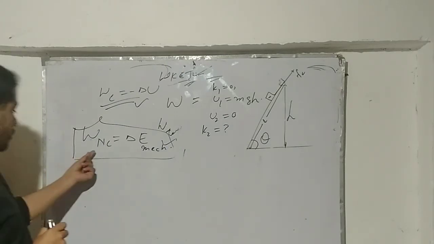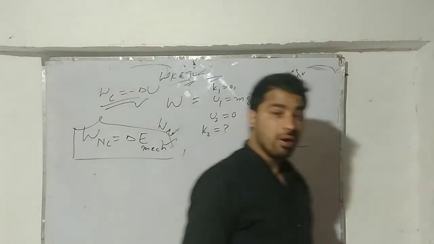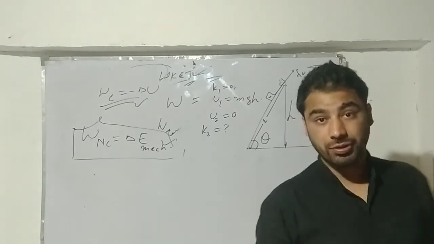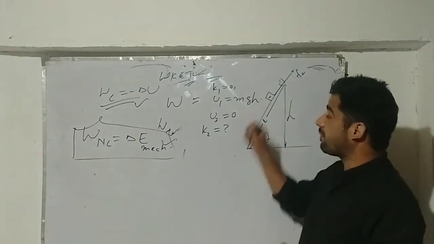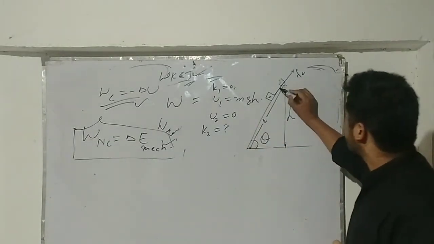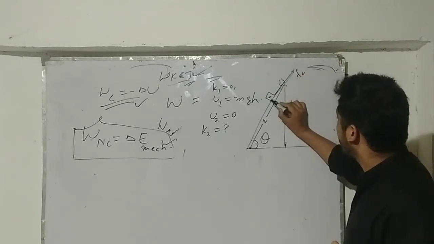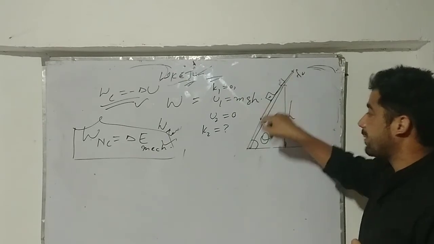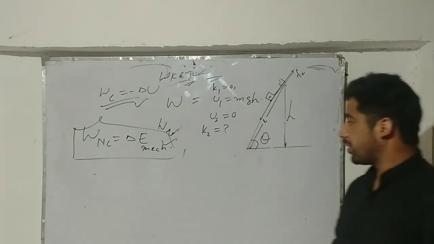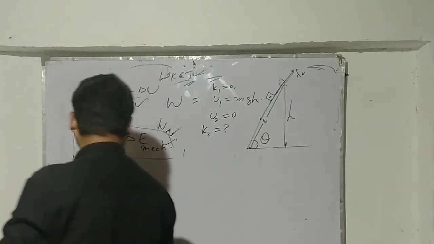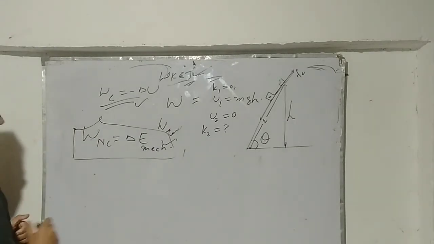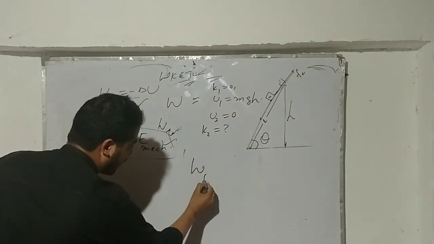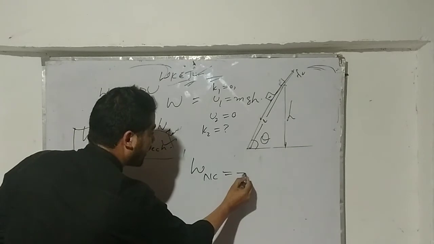For that, I will first calculate the amount of work that will be done by the frictional forces. If the frictional force is along this direction and the displacement is in this direction, my force and displacement are anti-parallel to each other. The angle is 180, and cos of 180 will be minus 1. So the work done in this case will be minus